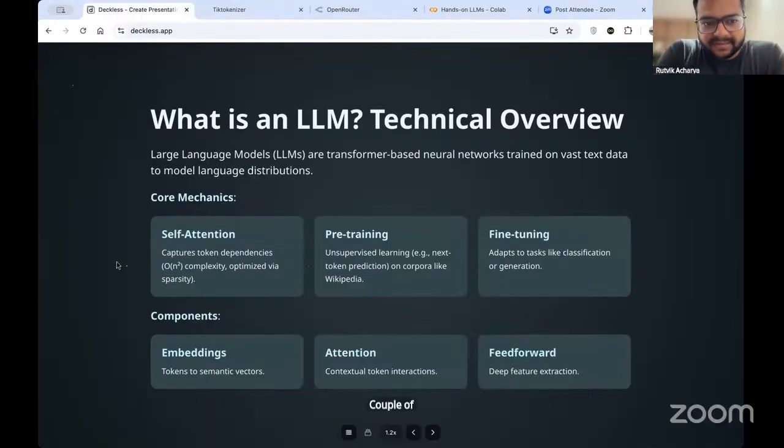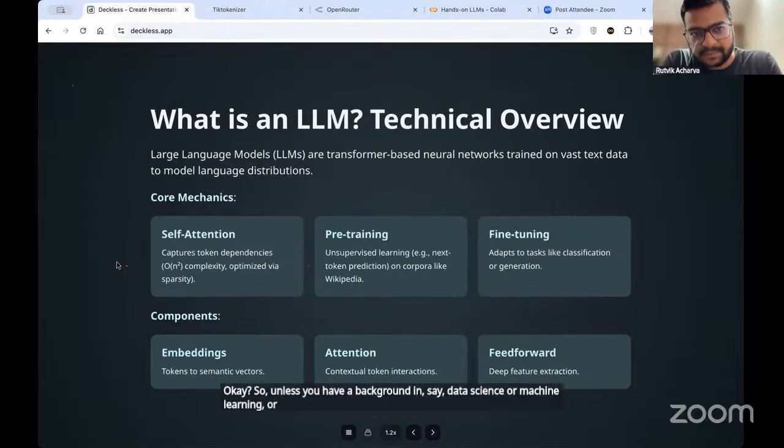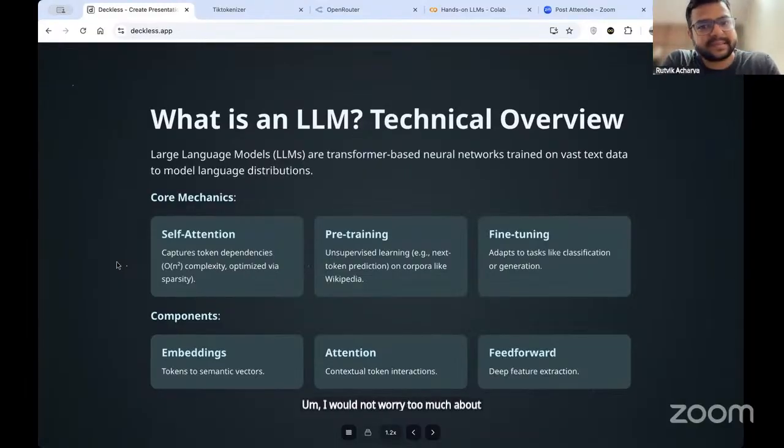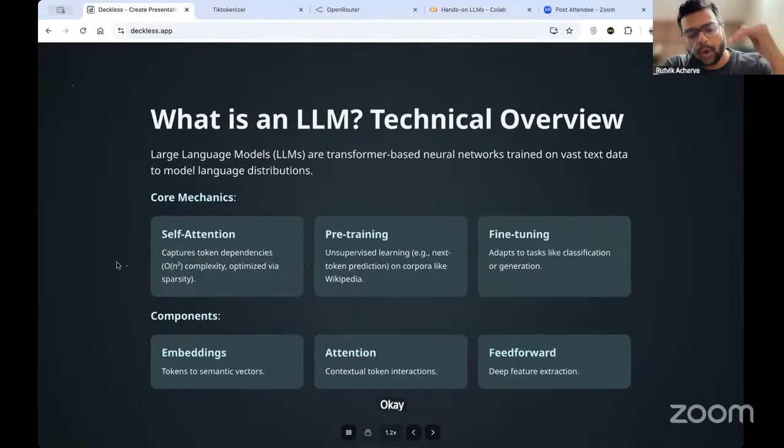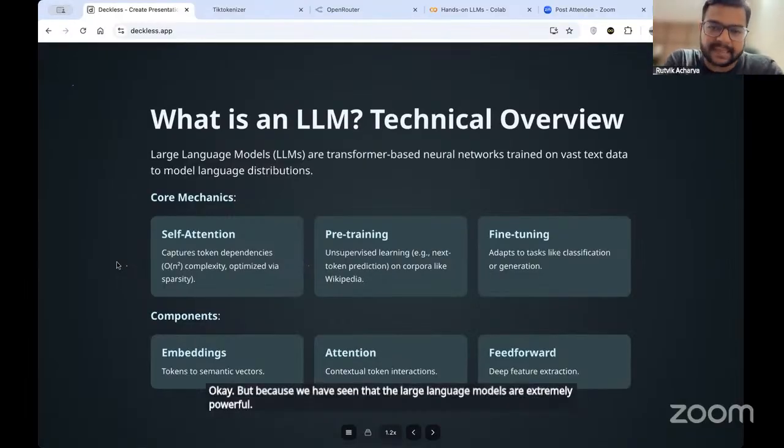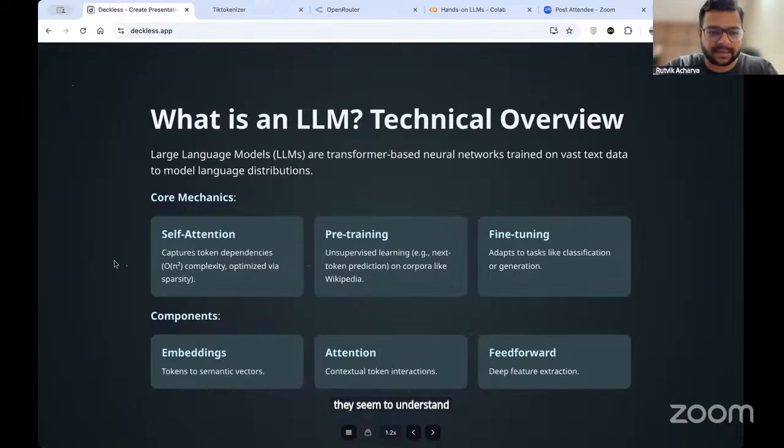Couple of things before I start this. Firstly, it is extremely dense as a concept. Unless you have a background in, say, data science or machine learning or computer science for that matter, I would not worry too much about it, because this is not going to be the question that I will receive in my interview or something that I need to use. But because we have seen that large language models are extremely powerful, they seem to understand fundamental things as well, right? Like as an example,